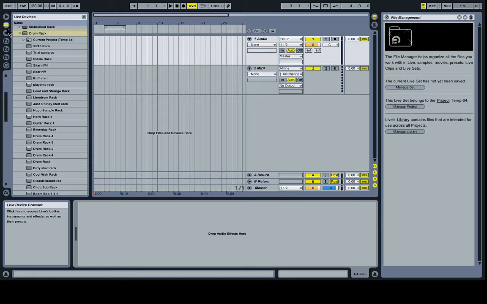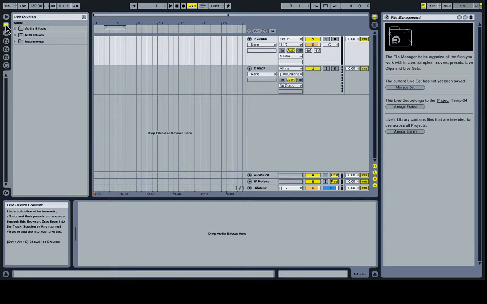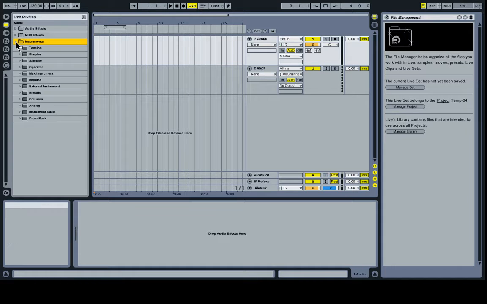So first thing you want to do is go up to your device browser, and double click on this rectangle if you have something already open, because when you double click on that, it brings you to the root. And the root here, you got your audio effects, your MIDI effects, and your instruments. What you're going to want to do is click the down